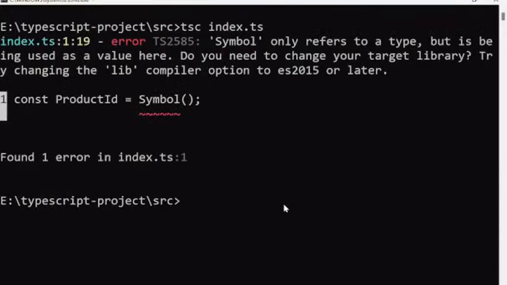So you can see it says symbol has a problem, and it is clearly saying that it is available only in the library from which version? ES2015 and later, higher. It is just a warning actually. For example, you see now,